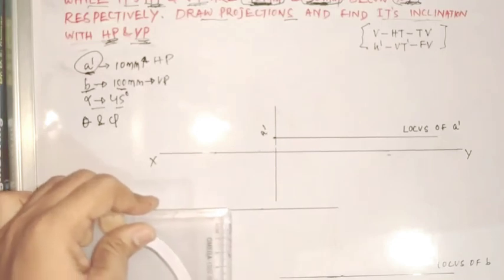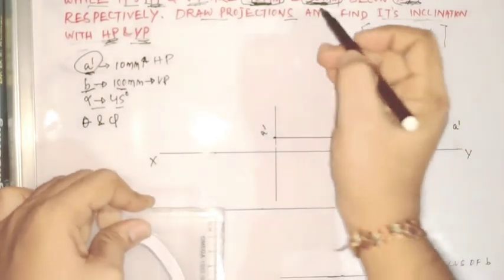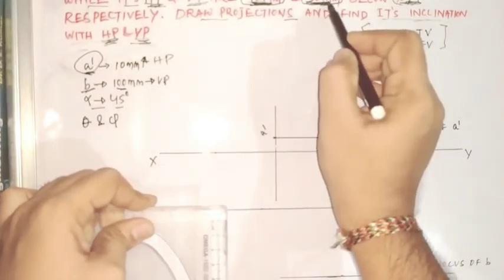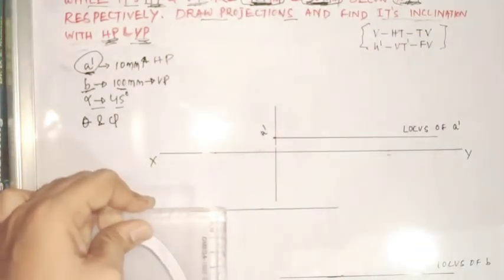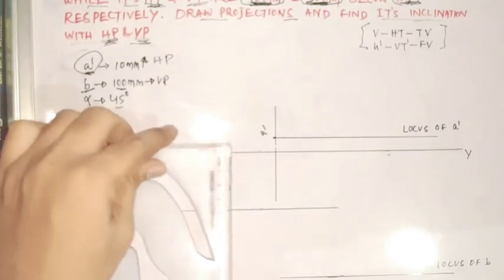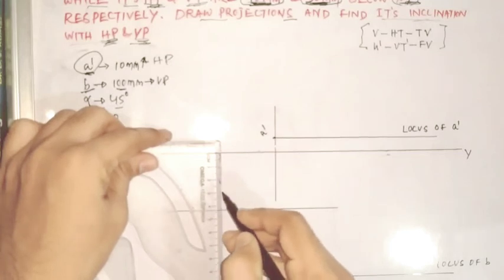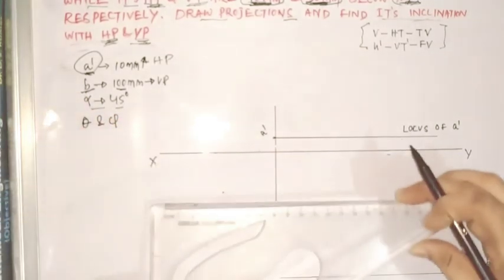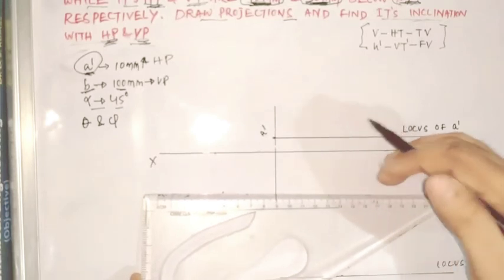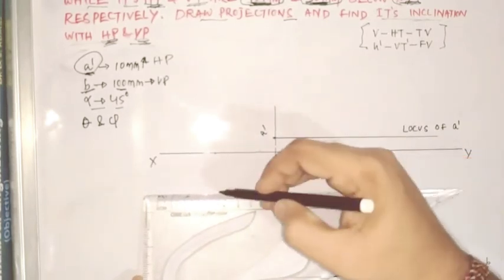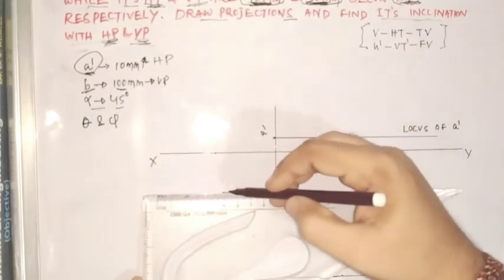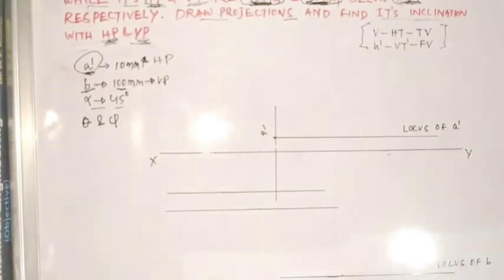So next data is given, that your vertical trace is below your xy line, that is somewhere 30 mm. So let me draw another line, so that will be 30 mm below the horizontal line. So again, by drawing parallel to the reference line, I can draw a horizontal line over here. So in this line somewhere I'll be getting the vertical trace. Okay, so already I have used maximum of the data which are given to us.